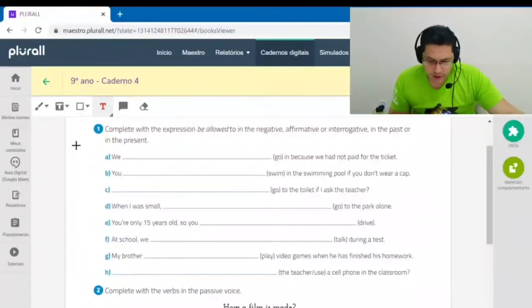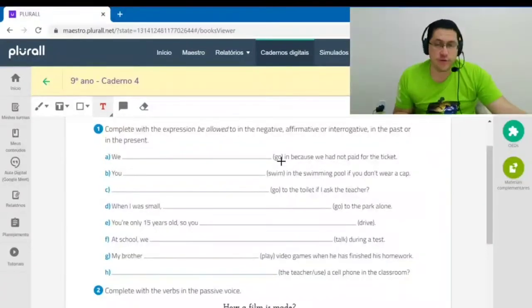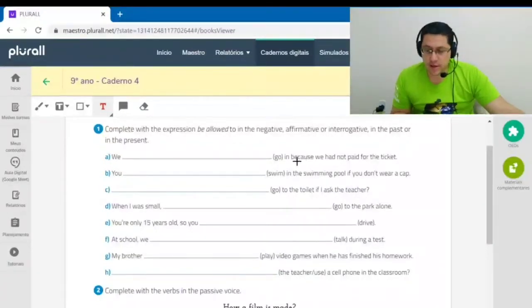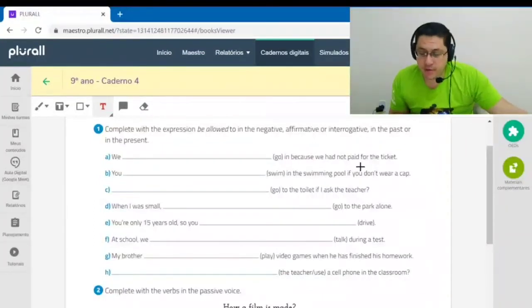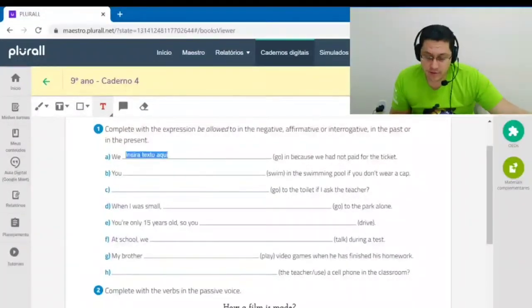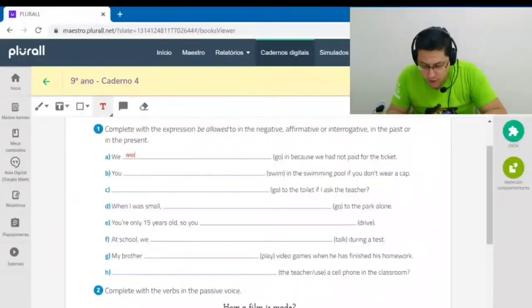O texto já está em vermelho, então bora lá. We go. Então, somos ou não somos, ou fomos ou não fomos autorizados a entrar in, né? In é dentro, né? Entrar. Because we had not paid for the ticket. Então, se eles não tinham pago, passado. Nós não pagamos, do passado. Had not paid for the ticket. Tá? Então, é passado e negação. Então, we weren't